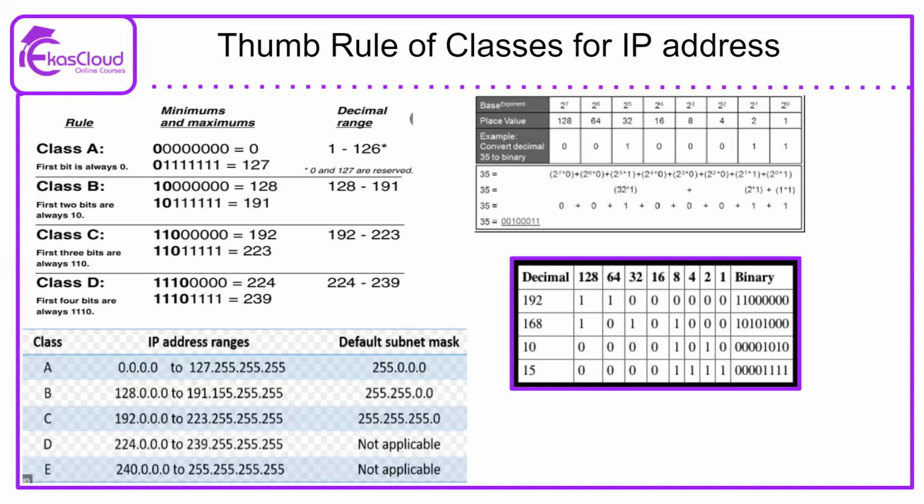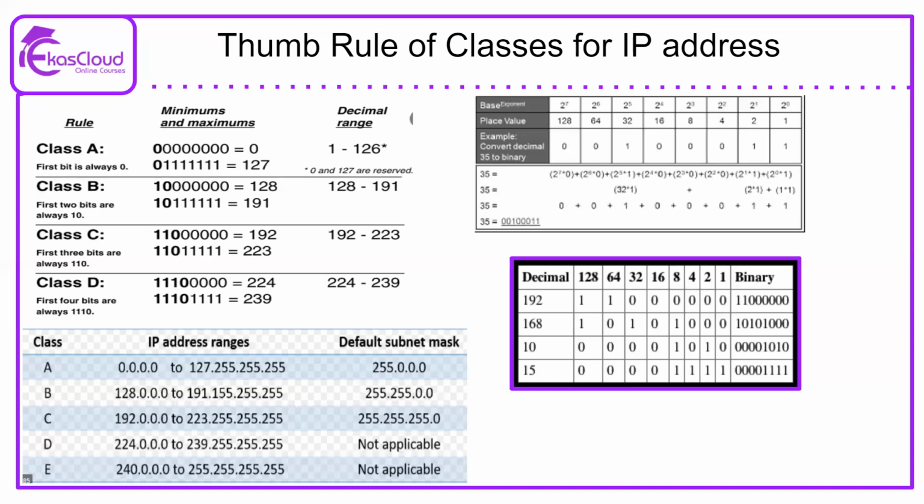And again, the final example is a complete IP address. How that is denoted in a binary representation can be shown in the last picture, which is the example 192.168.10.15. So again here, we will be calculating 192 as a binary representation. That can be done easily by placing the first 2 ones on 128 and on 64. So by summing 128 and 64, you will get 192. So the binary representation of 192 will be 11 followed by 6 zeros.